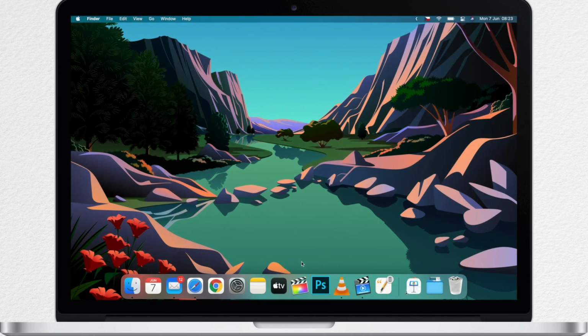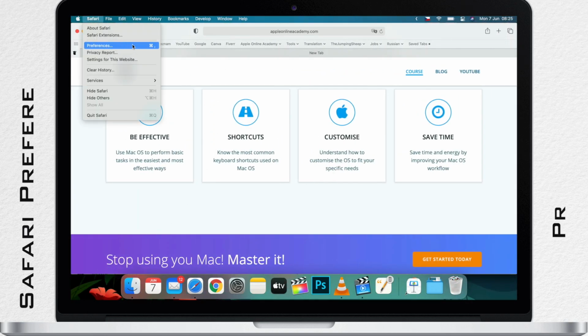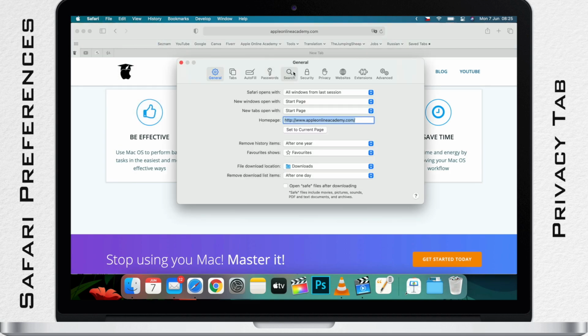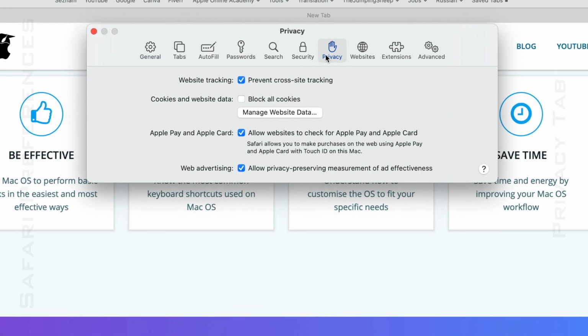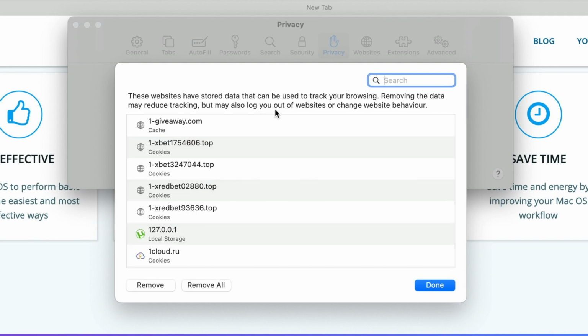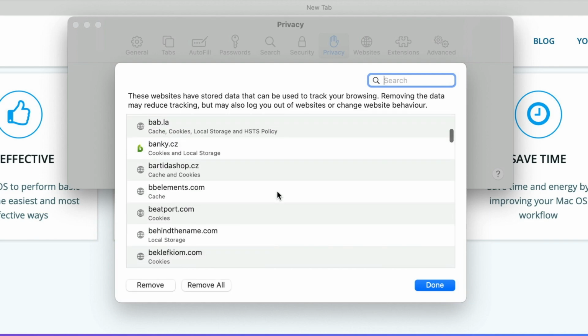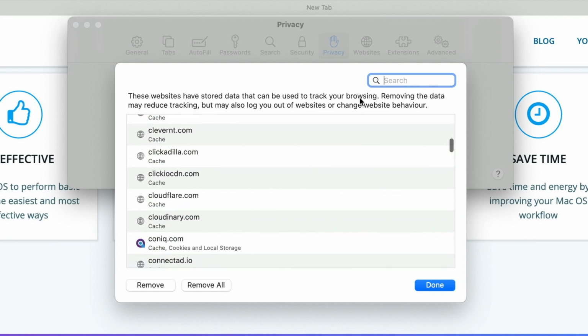Clearing cookies and caches is really easy, and it's even better in Safari because you can actually clear cookies and cache for a specific website. You don't have to do it for everything at once. So let's open up Safari Preferences and then click on Privacy. Then go to Manage Website Data and it will bring up a list of all the websites where there is any data stored, either some cache, cookies or anything else. It's probably a really long list, so it might take a while to load.